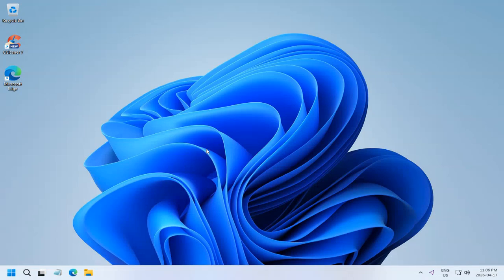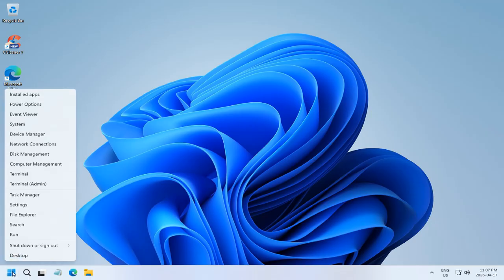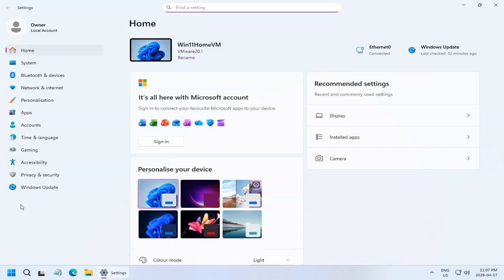In this video, I'm going to show you a couple of ways to scale up the elements on your screen, text and icons, etc., so that they're more readable, easier to see. So, first method, you're going to right-click on your Start button, click on Settings, go to System near the top